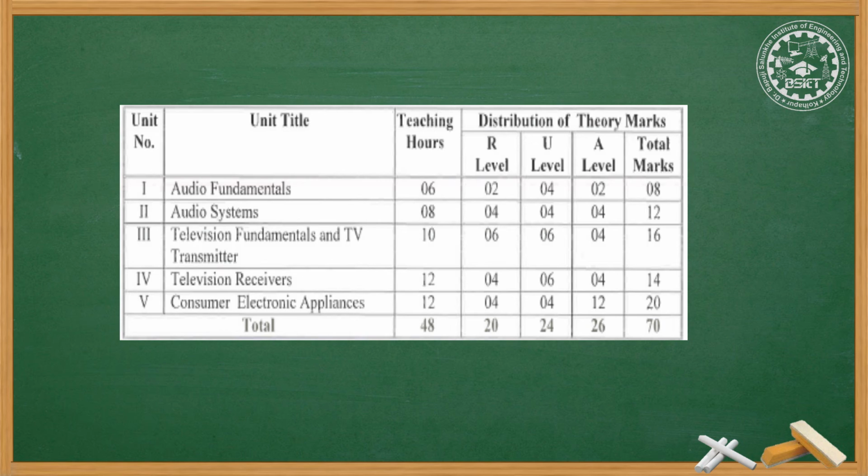Then after that, the third unit carries 16 marks weightage. So it is very basic working and definitions and receivers and transmitters are there. So we are going to cover the fundamentals of television communication in that. So it is a conceptually important chapter, and it has weightage also. After that, the audio systems part, means first unit and second unit, in all carries 20 marks weightage, which is relatively very simpler to study, but carries the same weightage as the last topic.